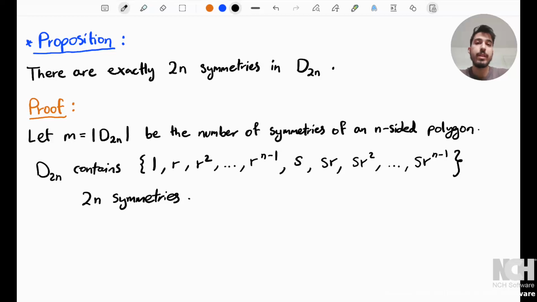Now that I've proven there are at least 2n symmetries, I want to prove there are at most 2n symmetries. And for that, I will be making use of the rigidity of the polygon. So for example, if I had a hexagon, and I labeled the hexagon 0, 1, 2, 3, 4, and 5, then there can never be a symmetry